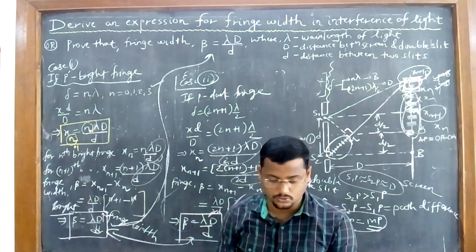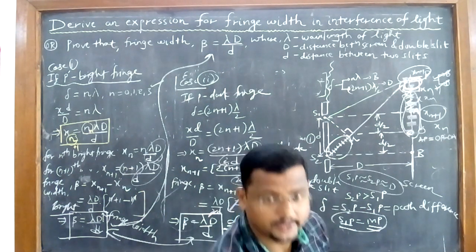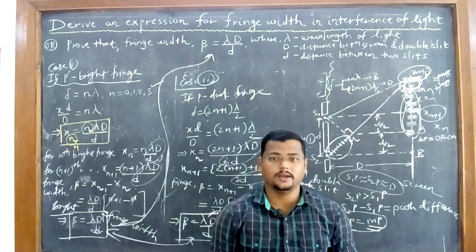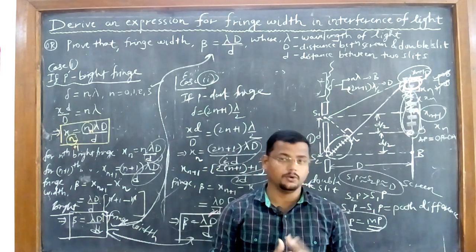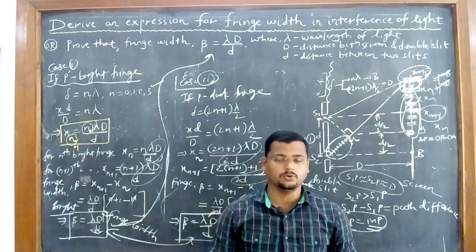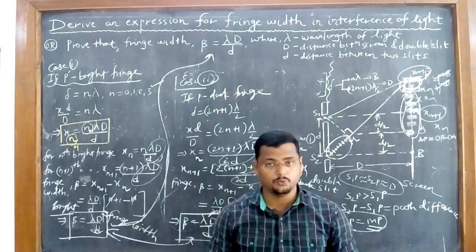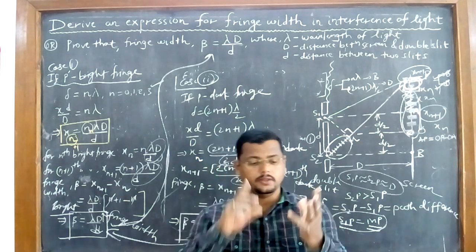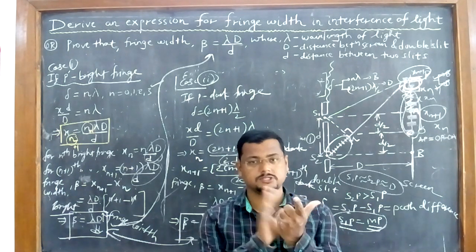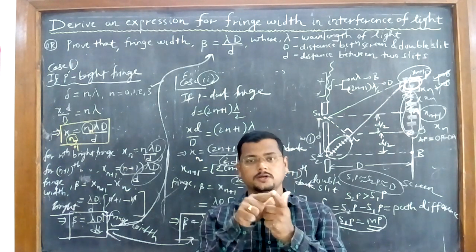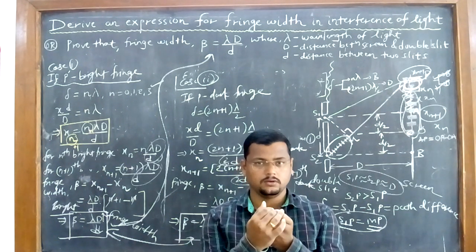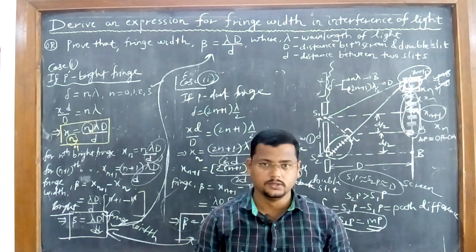Right, so this completes today's class. The interference of light concept I have completed today. Now we are left with the next two phenomena here. One is the diffraction of light and the last one is the polarization of light, to complete this chapter. So up to now in this chapter we have finished the reflection of light, refraction of light, and interference of light. These three we have completed. Now only 2 points are left from this chapter, that is the diffraction of light and polarization of light. Then we will have the chapter finished here.